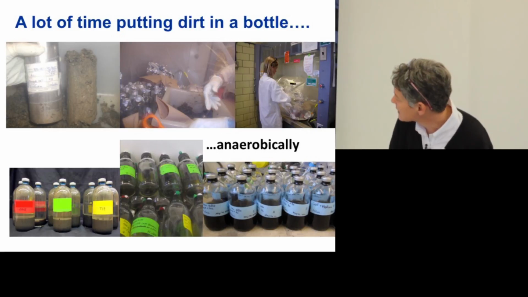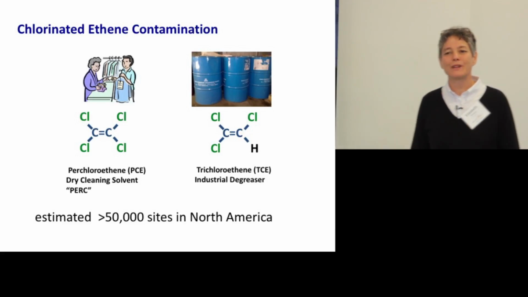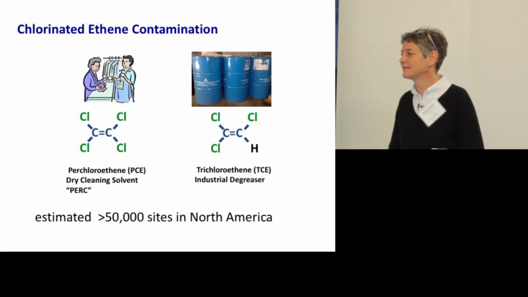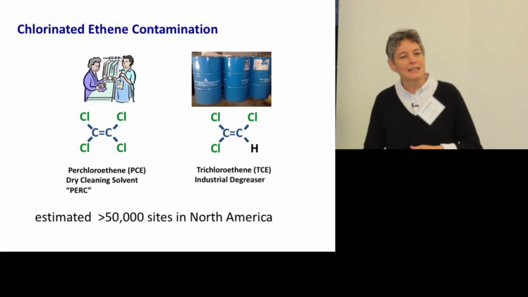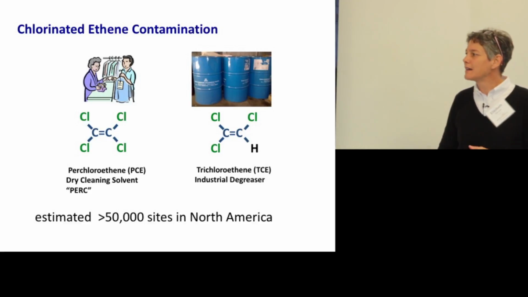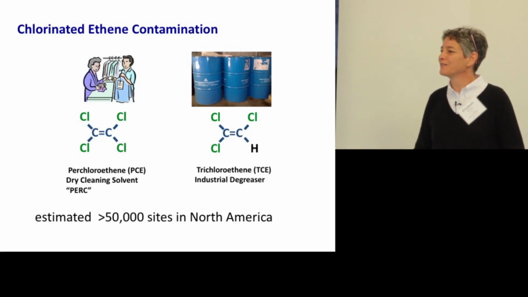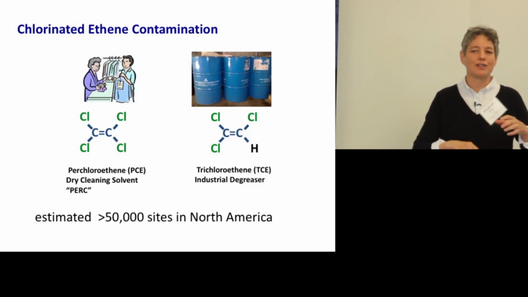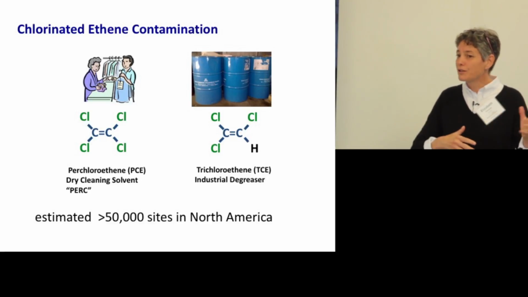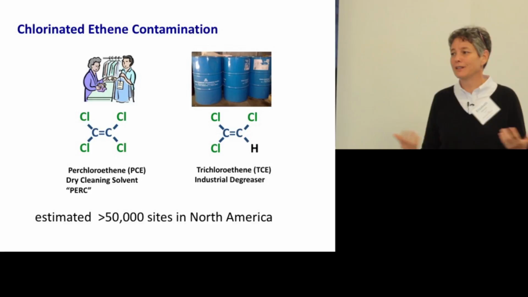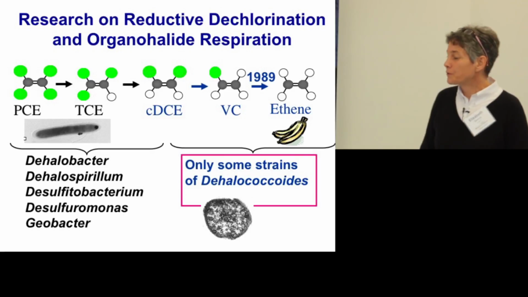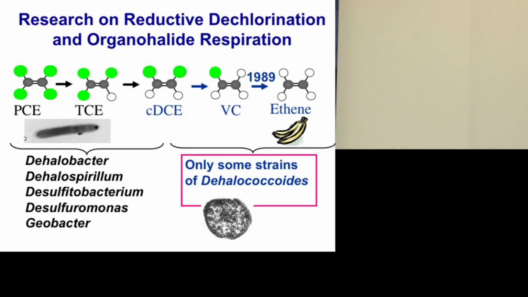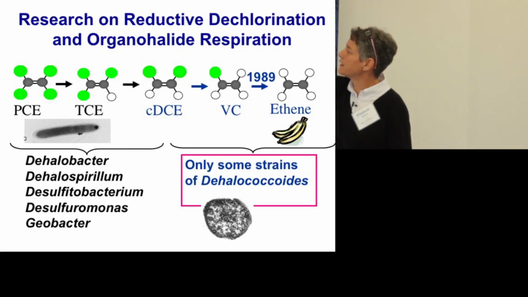And then when I started working in consulting, the big problem was chlorinated solvents. That was everywhere in all the sites we were looking at. It was known that these things can dechlorinate, especially under anoxic environments. And so we got some dirt from chlorinated solvent contaminated sites, put it in a bottle, kept out the oxygen, and tested a number of different conditions of electron donors and electron acceptors, i.e. food sources, and what we could do to stimulate dechlorination. And ultimately came to realize that you could completely dechlorinate trichloroethene via the dichloroethene and the monochloroethene, vinyl chloride.